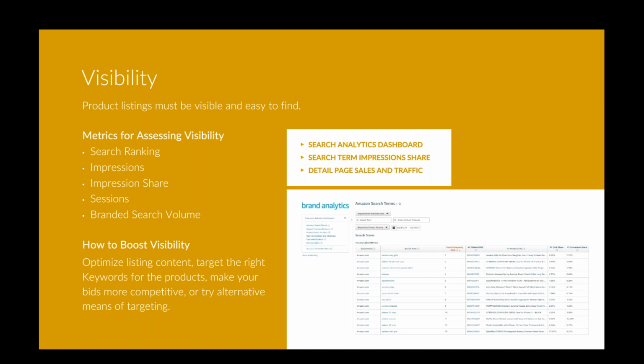Same thing with your organic impressions. Getting on the first page versus on the third page is going to make a huge difference. So it's not only about just tracking the number of impressions, but really seeing where those impressions are landing can give you really big insight into just how things are trending. So that's why we usually pair impressions with impression share, because impression share will really give you that true value of what your impressions are driving.